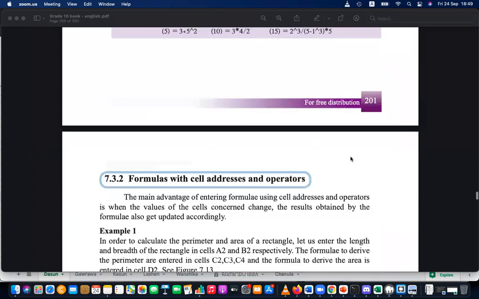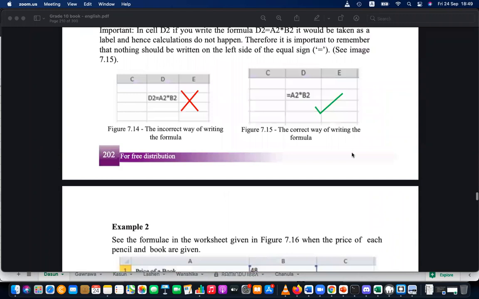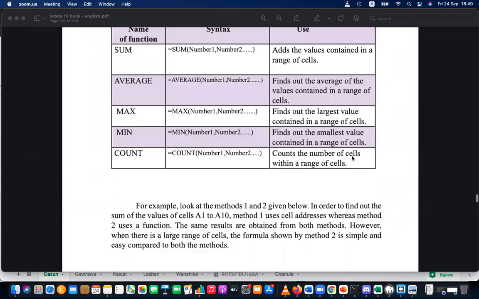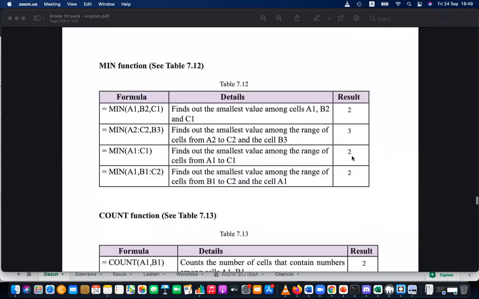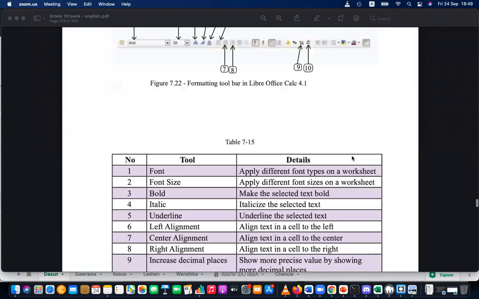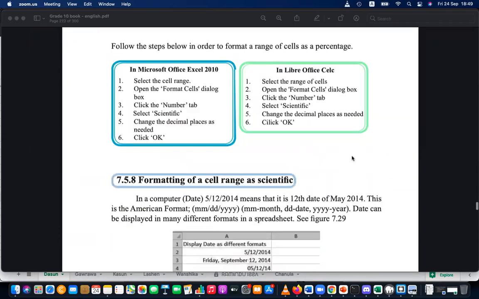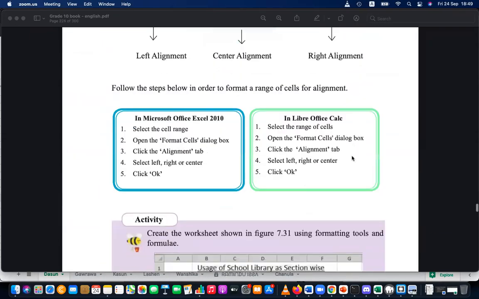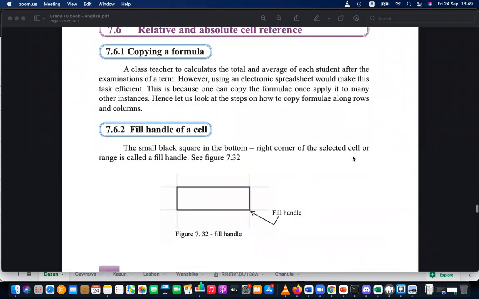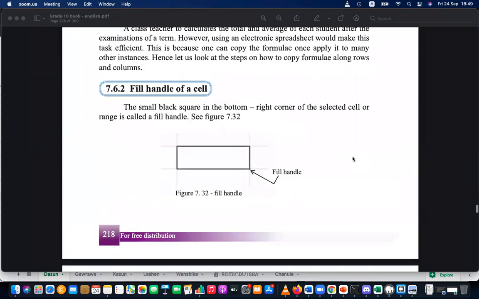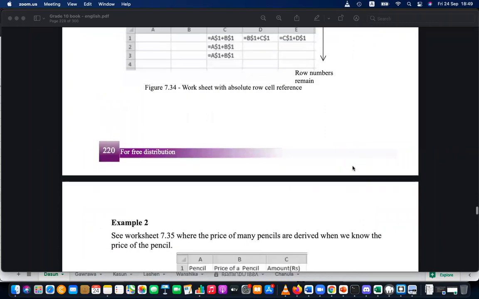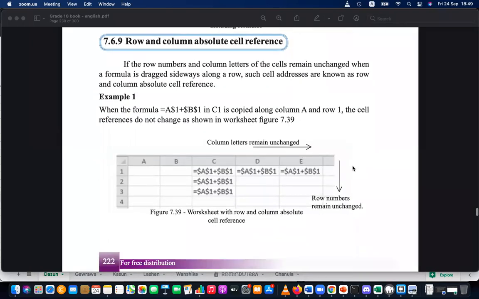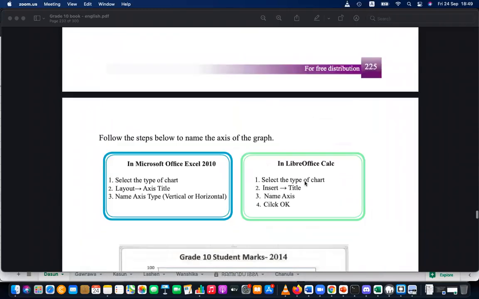Formulas and functions, also relative and absolute referencing, we will be learning next day. How to use relative and absolute referencing. And we will be doing the functions with some formulas. And also we will be discussing charts. As the last part, we will be discussing formatting cells. Actually, we have done that already. Right, the autofill. Actually, we have done referencing and autofill. We have done that. And yes, relative and absolute referencing, we have to do that, and also the charts.